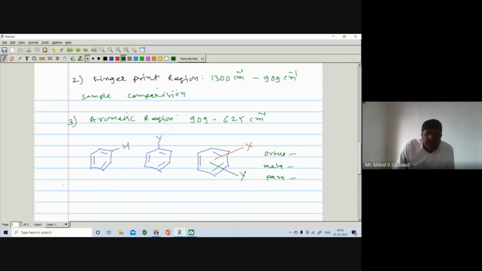And generally, we have just learned that due to bending vibration, it generally appears towards the right side. So here there is the CH bond, and it may undergo bending. This C and H are in the plane, in the paper, and so the CH bond may rotate or undergo vibration in the plane or out of plane. Generally this is due to bending vibrations.